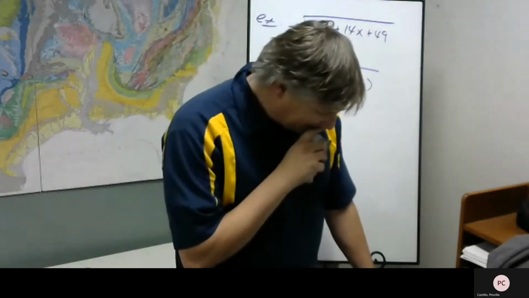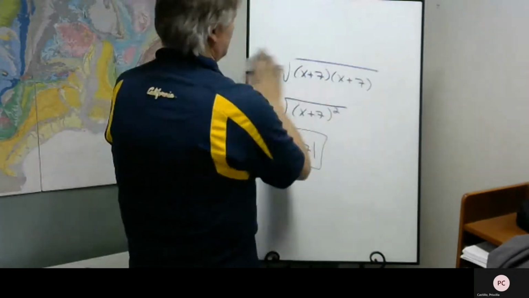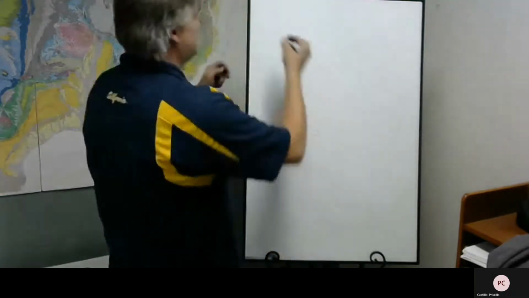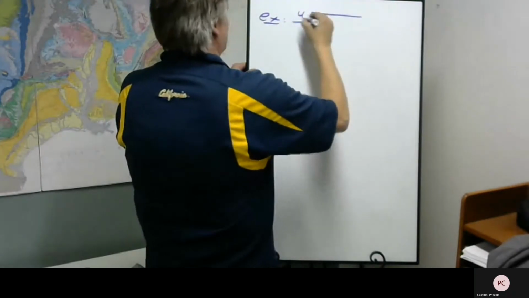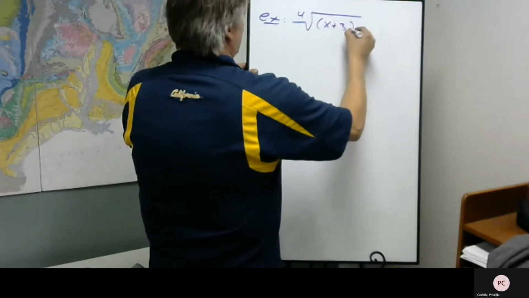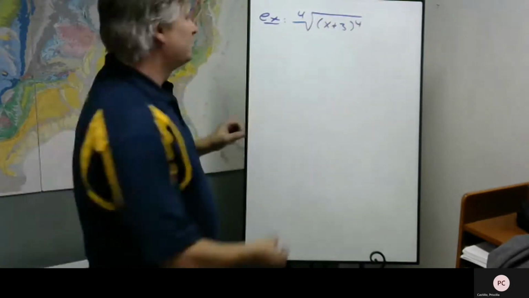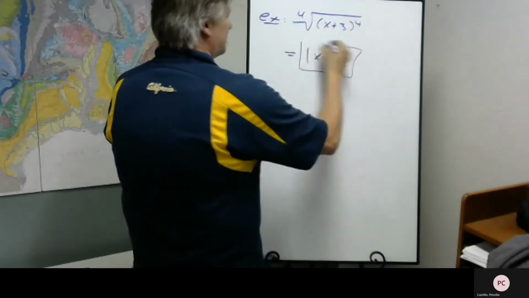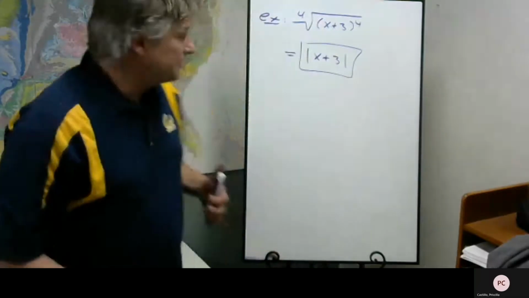All right. So let's see. Now, if we go to odd roots, well, let's do another even root. Let's say we have this. Well, again, the root and the exponent match, and because they're even, we're just going to get the absolute value of whatever is on the inside. Now, if what's on the inside is odd,